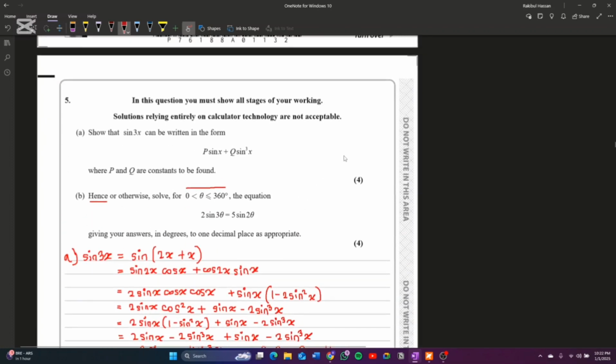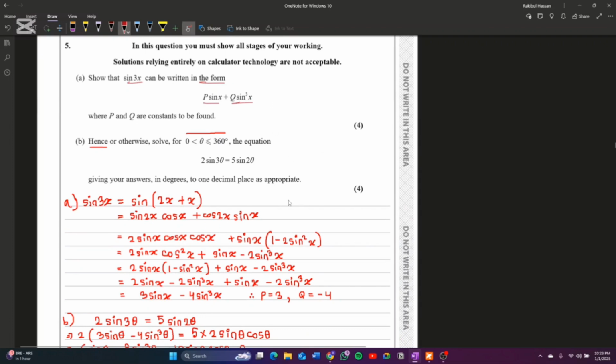Okay, number 5, trigonometry. A: Show that sine 3x can be written in the form p sine x plus q sine cubed x. Sure. So we have sine 3x. We can write sine 3x as sine of 2x plus x. And if we use the formula for sine of a plus b, we can get this. So sine of a plus b is equal to sine a cos b plus cos a sine b. We all know this. So sine 2x cos x plus cos 2x sine x equals 2 sine x